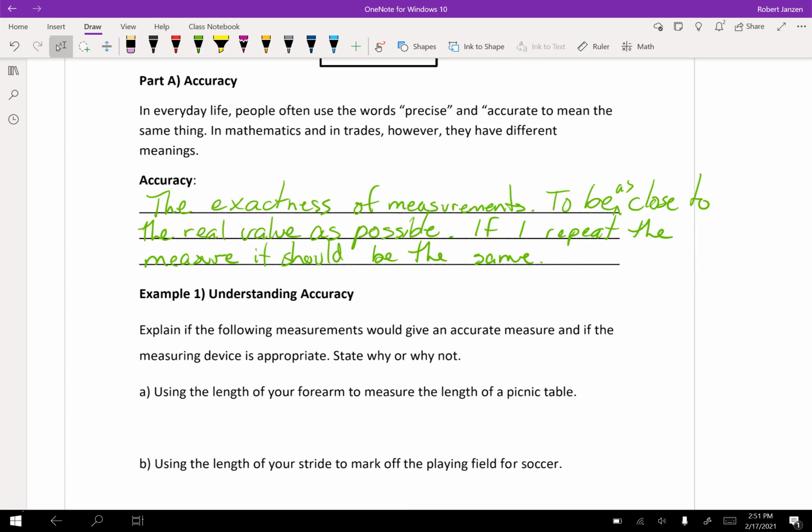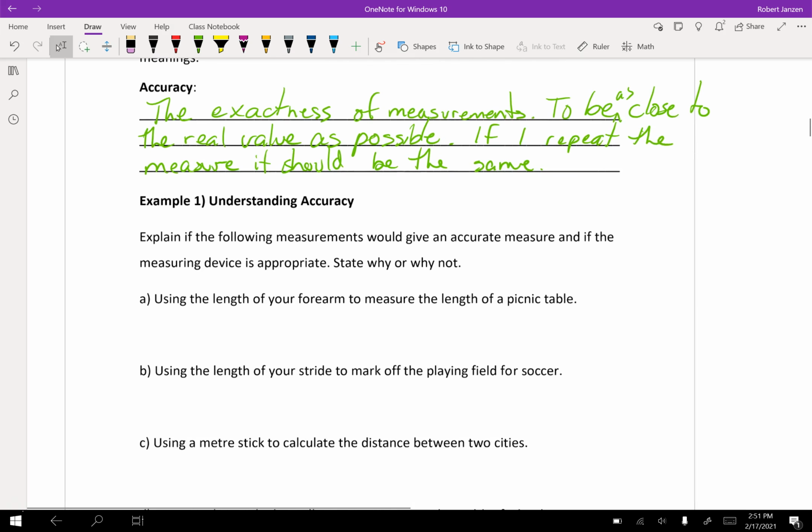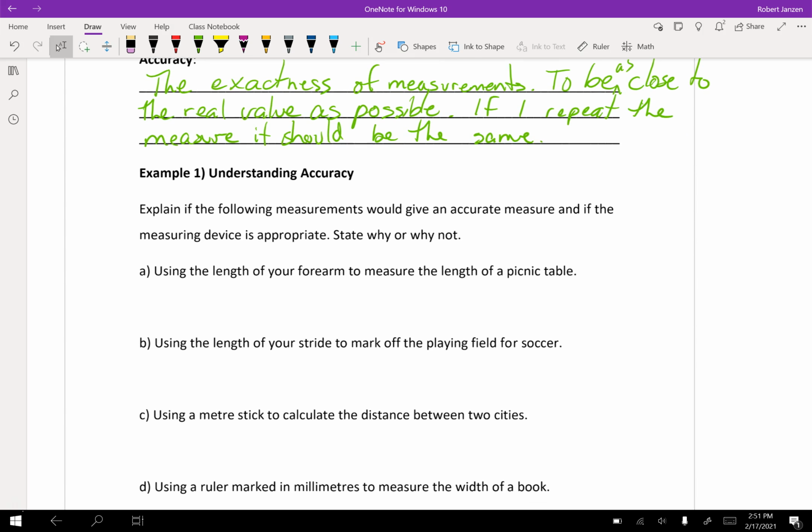So let's take a look at these examples here. Are these accurate, and is the measuring device appropriate? A: using the length of your forearm to measure the length of a picnic table. Now the problem with this is, if you use your forearm, whose forearm? So I'm going to say not accurate